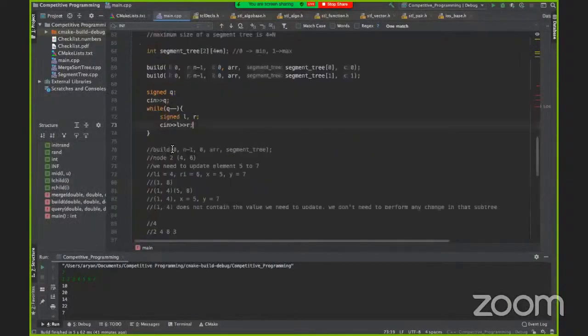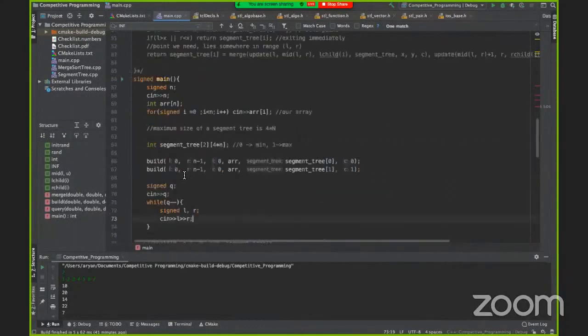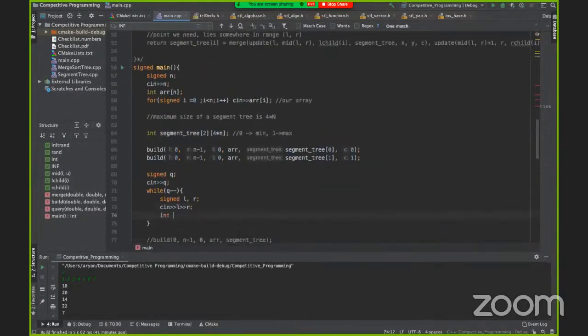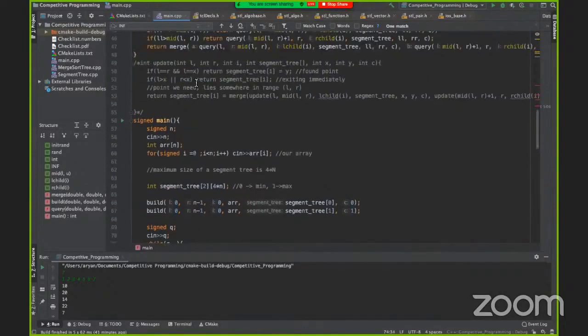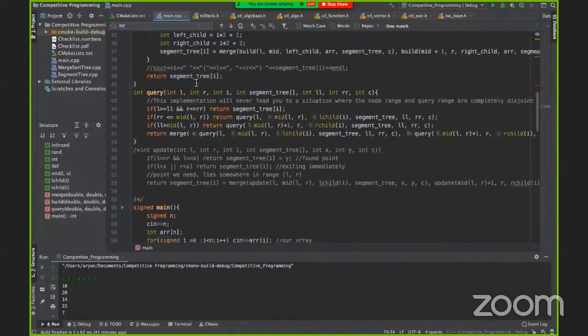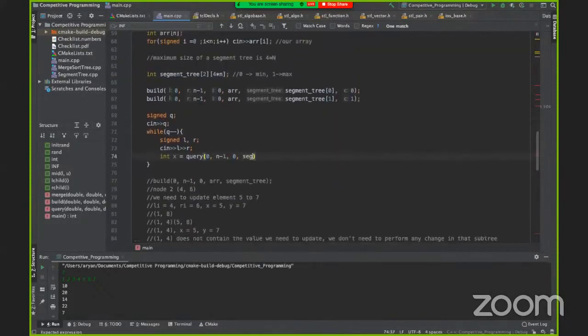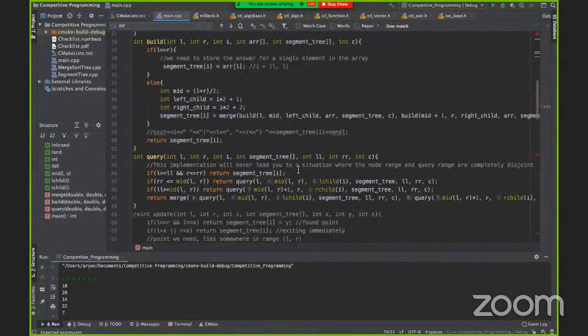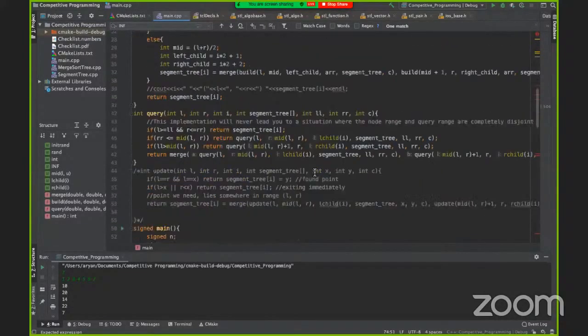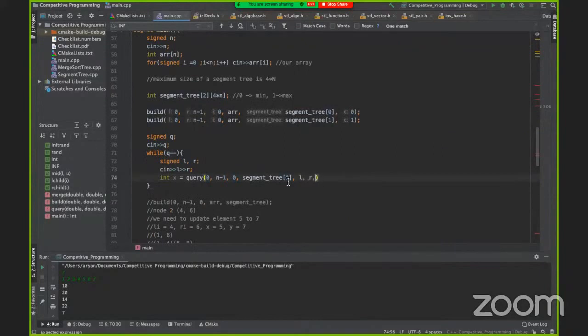Okay. Now let's find our values. Okay. What's the minimum in the range, which was X? Okay. X is equal to query 0 n minus 1 0. 0 and minus 0, you just have to copy paste anywhere, it doesn't change. Okay. Then since it's a min thing, we need to do segment tree 0. Now LL and RR, we have as input L R. Okay.